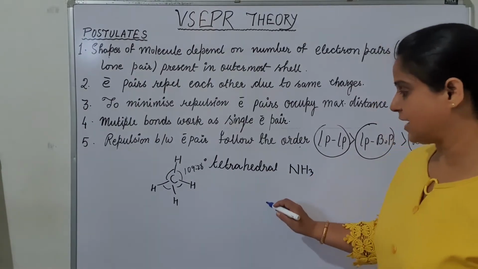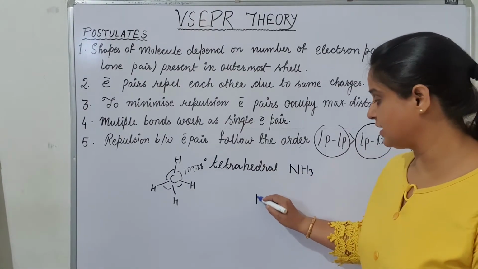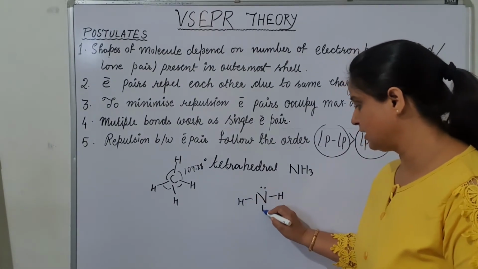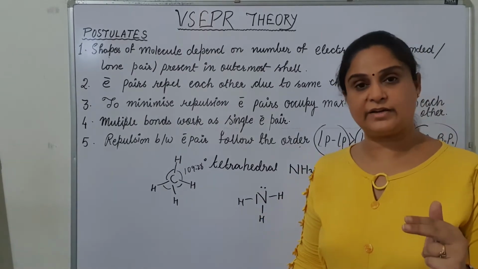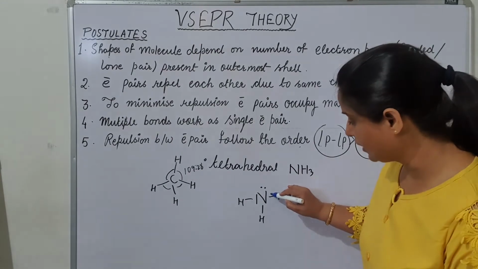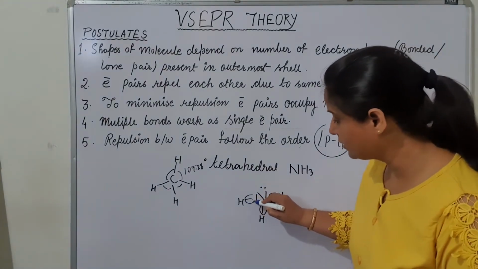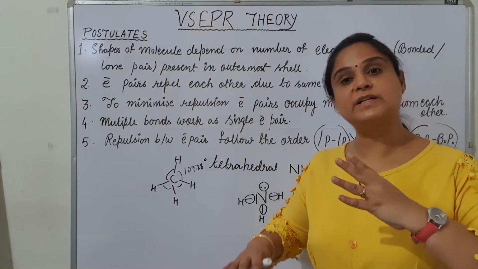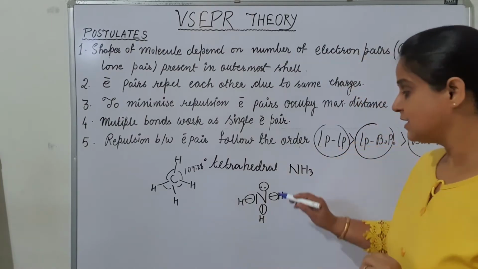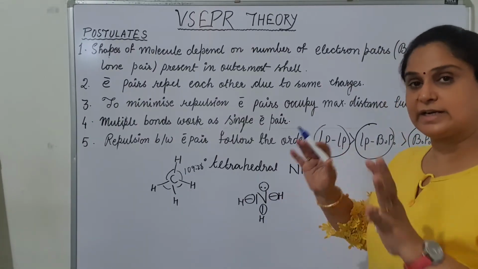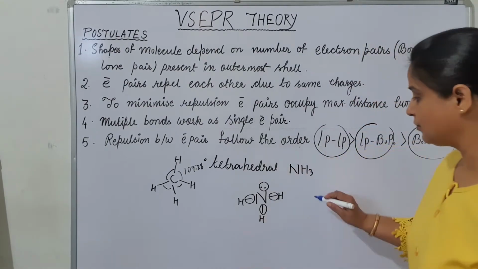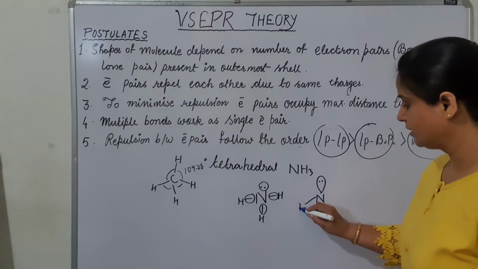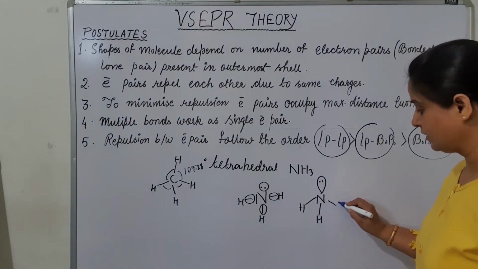The Lewis structure says that ammonia is N with a lone pair, hydrogen, hydrogen and hydrogen. Now we have 8 electrons: bond pair 1, bond pair 2, bond pair 3 and 1 lone pair. The 4 things are there and these 4 things have to maintain the maximum distance from each other. How are they going to do this? These 4 things are going to connect with each other at the maximum distance. So it would be N with lone pair, bond pair, bond pair and bond pair.